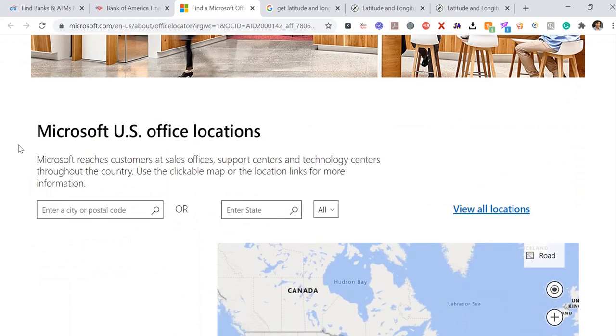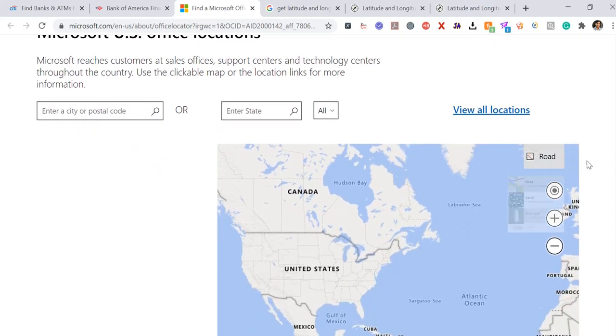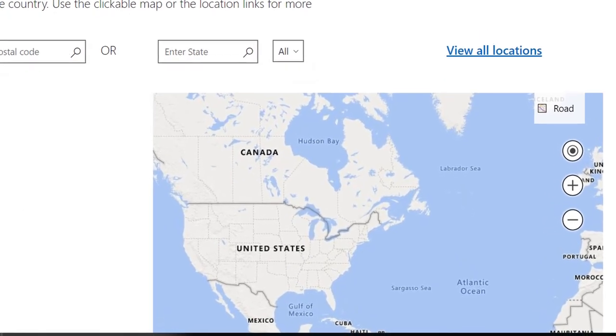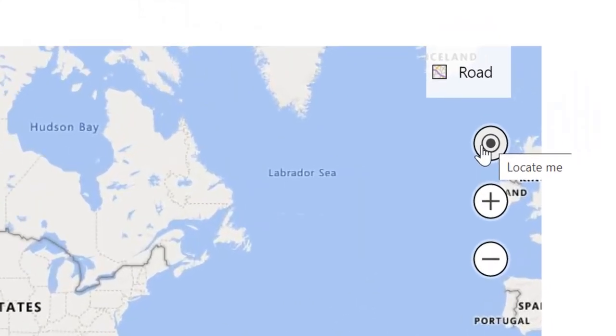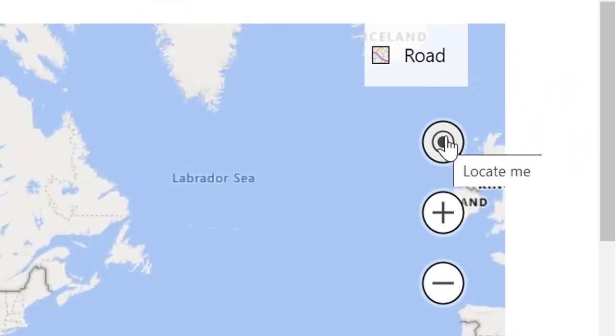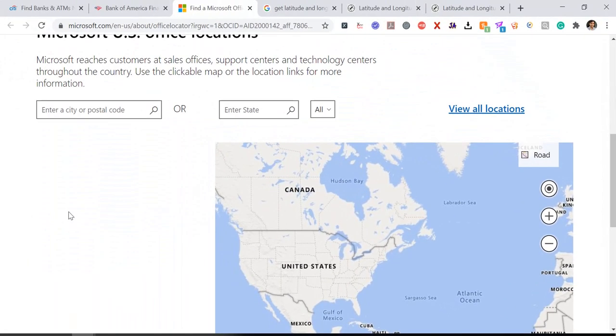In the Microsoft website, we can see Microsoft US Office locations. It is not giving your location, but when you click this button, locate me, you have to click explicitly. Then it will tell you which country you are in, and which part of the country.